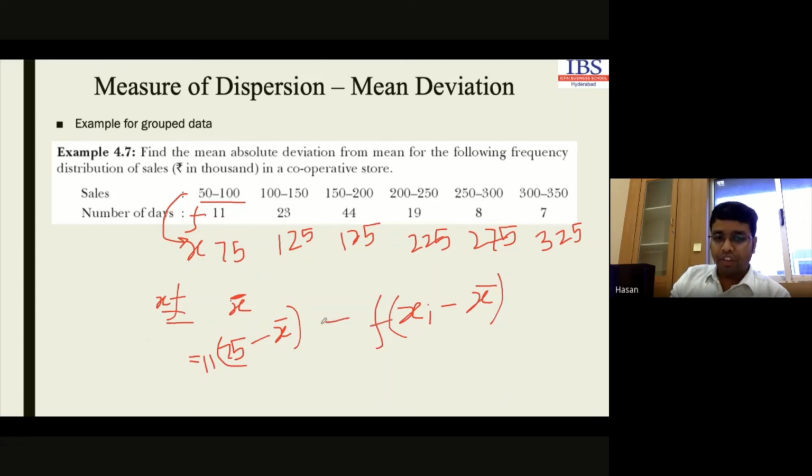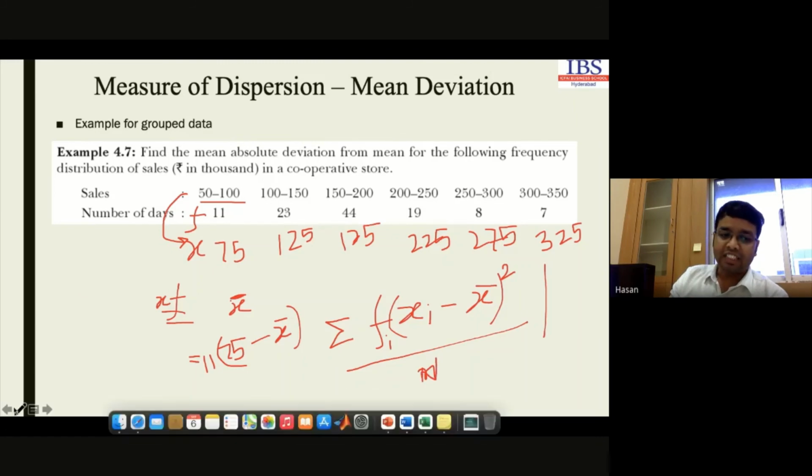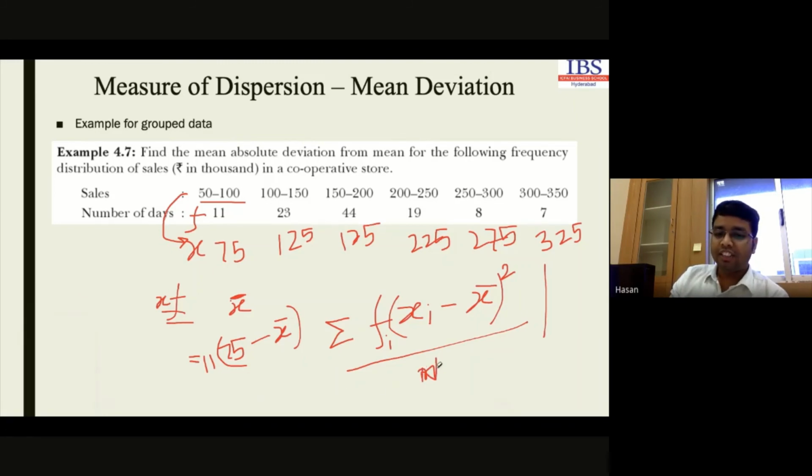Now, if we have multiple groups, we will have to take the sum of each and every group and divide them. Obviously, we can make it square or make it absolute value also. If we make it square and divide by n, that will be our variance. So variance for population and variance for sample is different. If it is population, then it will be capital N, the total number of entities we have. But if it is our sample, then it will be replaced with small n minus 1.